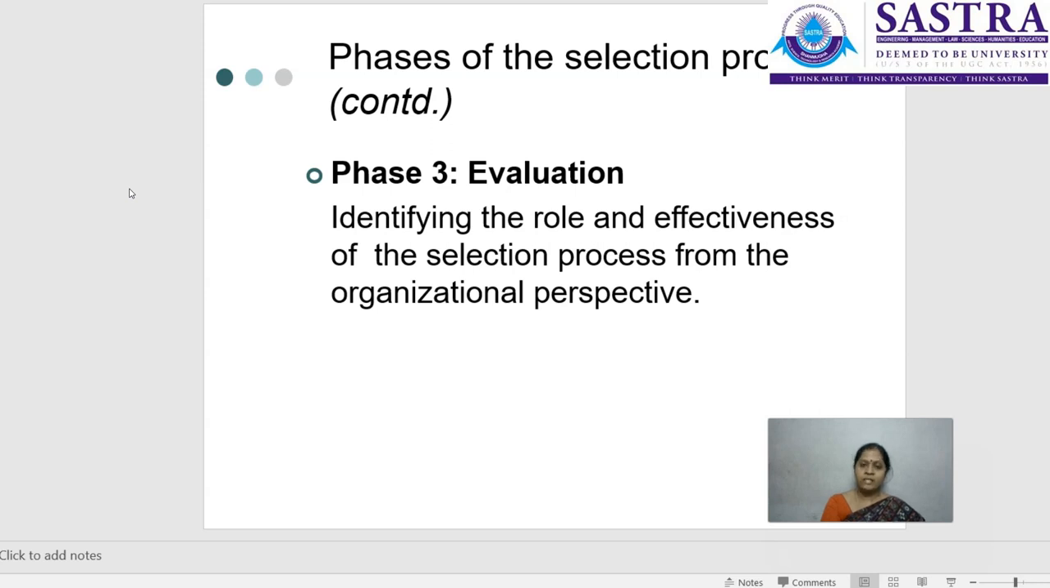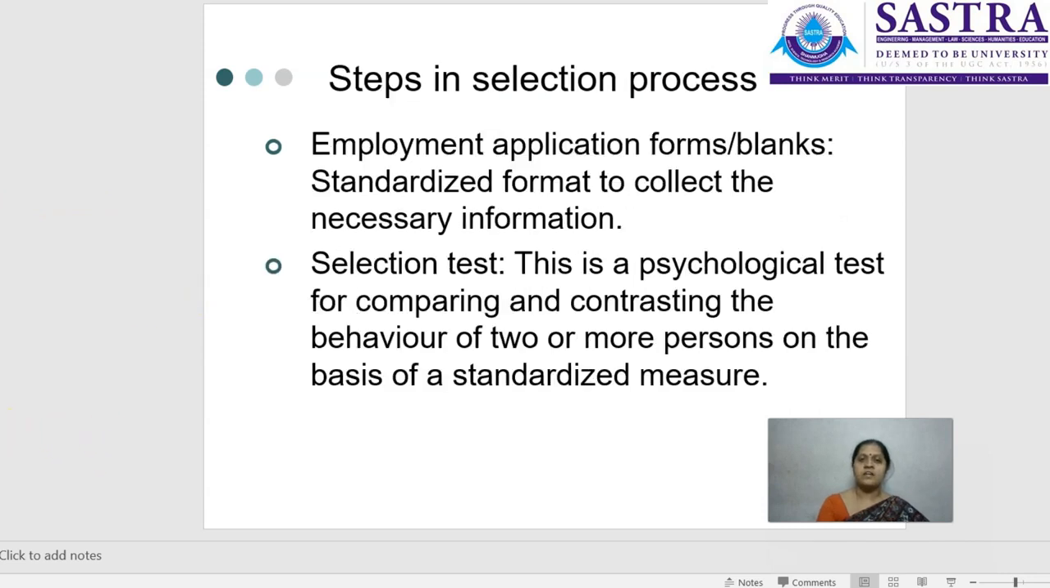So we can actually divide the whole selection process into 3 phases. One which is measurement, and the second one is decision making, and the third one is evaluation. So these are the 3 phases in the selection process. Let us discuss about different steps in the selection process. So here the selection process, it involves various steps, and this is the first step, which is employment application forms